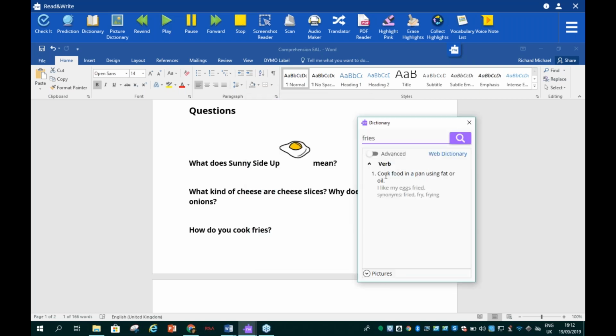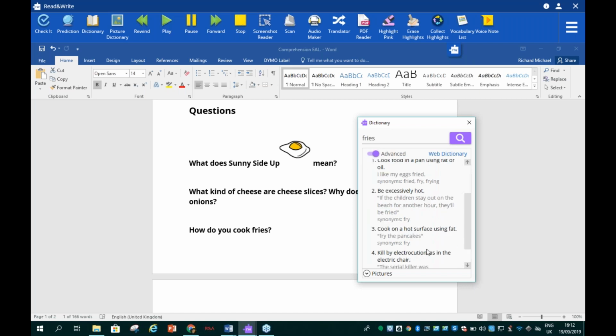And this is just a basic definition first of all. I'll show you advanced in just a second. Click on the definition followed by play. "1. Cook food in a pan using fat or oil. I like my eggs fried. Synonyms: fried, fry, frying." Okay, so that gives us a definition quite clearly there of what the word fries means. Clicking advanced, we get